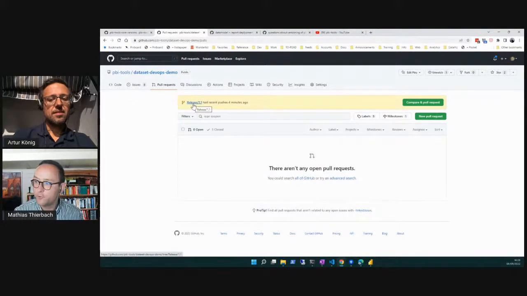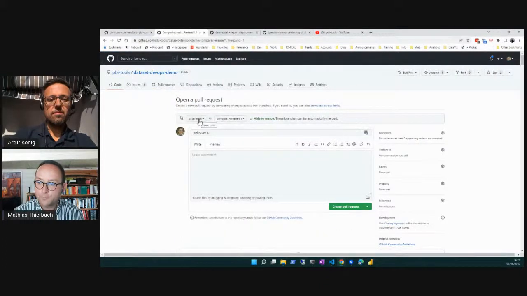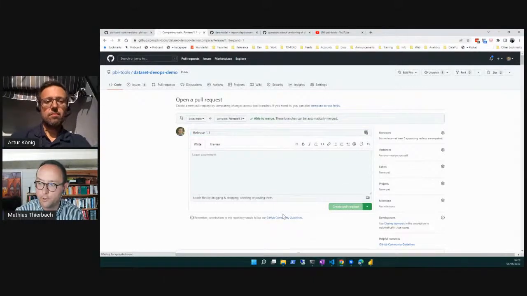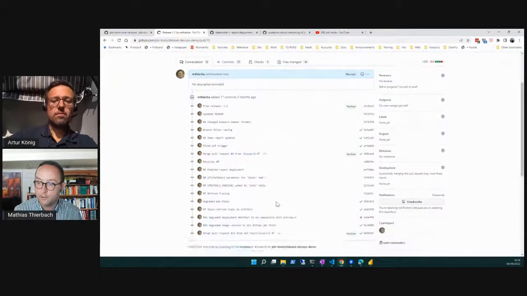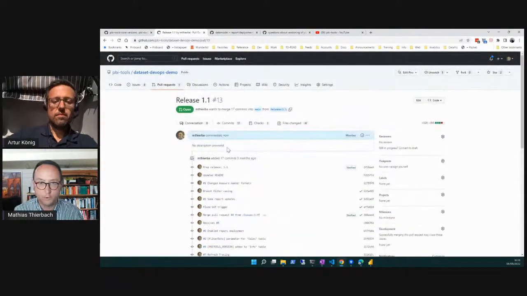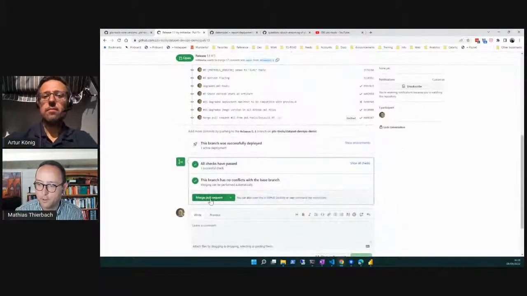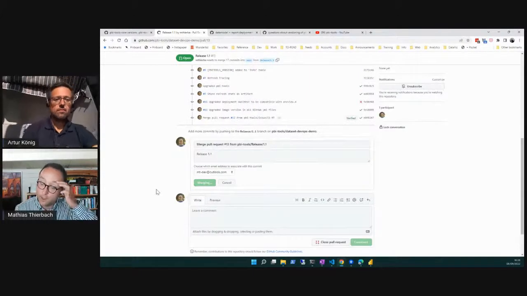And the final thing I'd have to do now, if I actually wanted to go all the way and fully get that into production, I'd have to do a pull request going from my release branch back into main in order to then upgrade what's in production. So that is what your release manager would generally do, and you would usually also expect to produce some release notes. So I'm just going to fast forward here, and I'm just going to basically confirm this now,